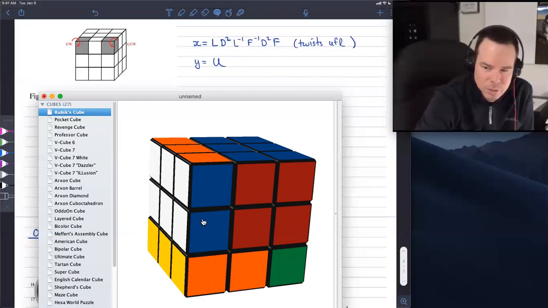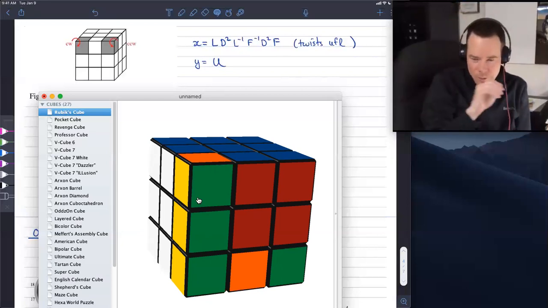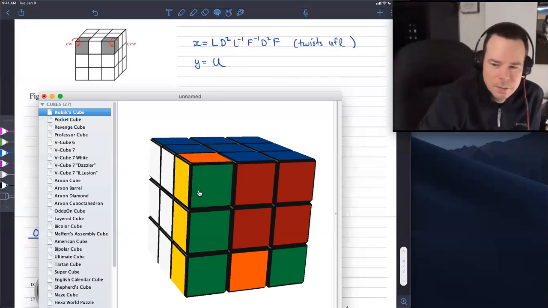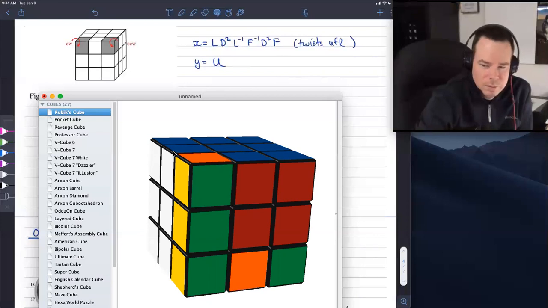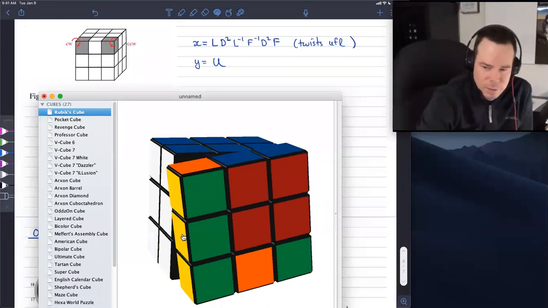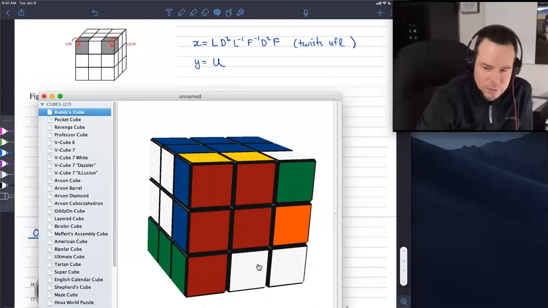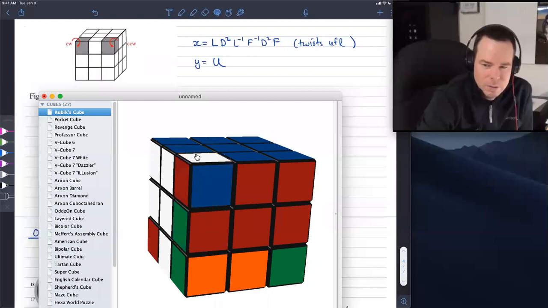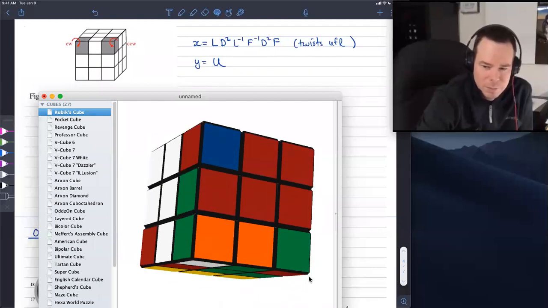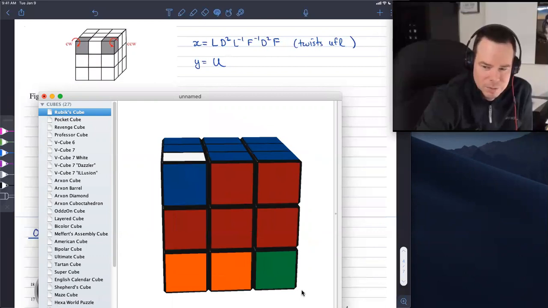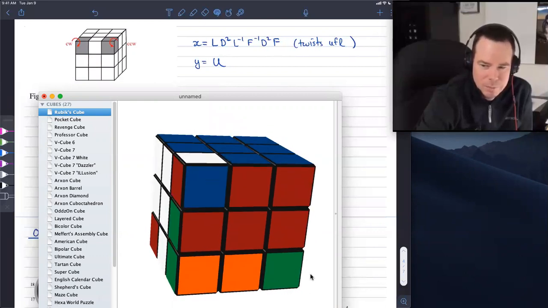And then I restore that left side. So what I've done is I've brought the elevator down, got that piece completely off of it, and restored everything. And now I'm going to use the front face as an elevator to pick it up. So bring the elevator down, load it in, send it up. And what it's done is it's ultimately rotated that while possibly messing everything else up in the bottom 2 layers. Doesn't matter. I don't care about that, because my